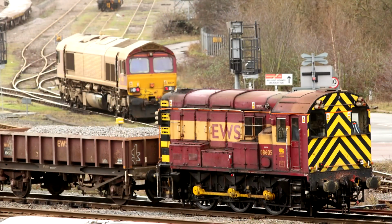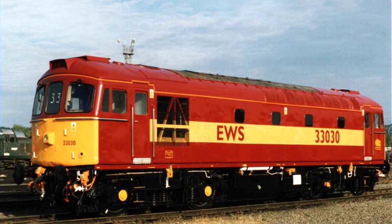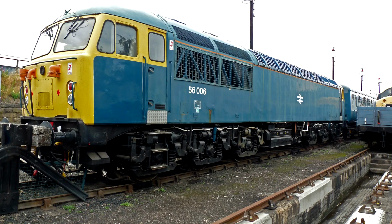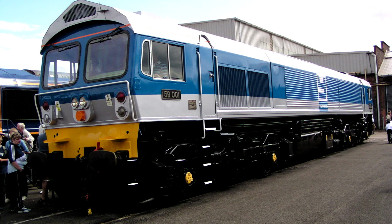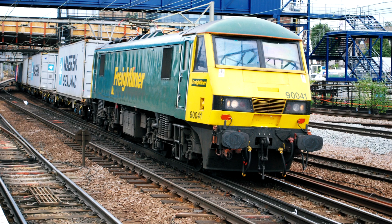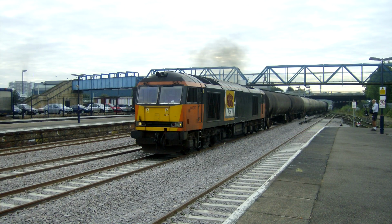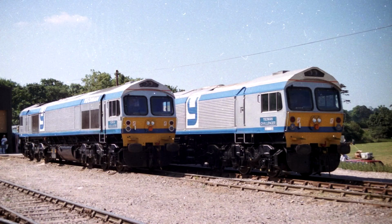locomotives. The fleet consisted of classes 08, 20, 31, 33, 37, 47, 56, 58, 59, 60, 90 and 92. The 60 is the most modern of the diesel locomotives in the fleet, with high power and tractive effort. Most examples are no more than 6 years old. Secondly, you have the Class 59, developed for Foster Yeoman in 1986 due to ongoing frustrations over BR's poor availability